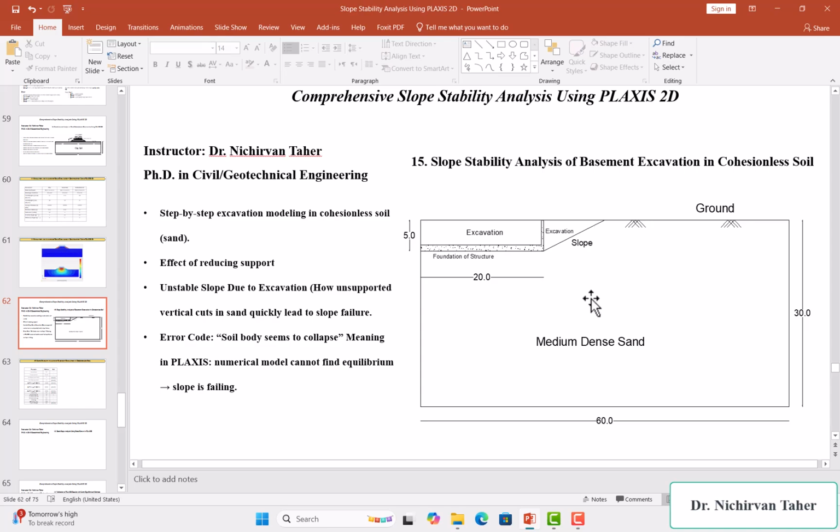So in this example, we will learn step-by-step excavation modeling in cohesionless soil, and also the effect of reducing support of the soil. And we will see how an unsupported vertical cut in sand leads to soil failure or slope failure. And also we will talk about this error code in PLAXIS 2D: Soil body seems to collapse, and why PLAXIS gives us this error code, and what is the cause of this